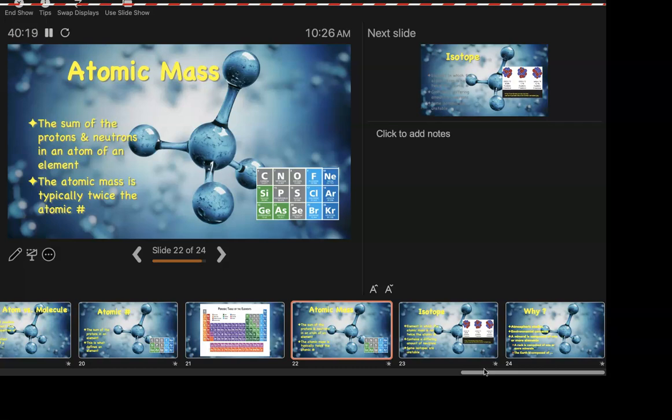So let's go back to carbon. Carbon had an atomic number of 6, and it turns out it has a mass of 12. Yes, there's a decimal. We're going to ignore that. Nitrogen, atomic number 7, mass of 14. This is because, and again, Sesame Street rules, protons and neutrons like to be together. And they like to have balance, okay? So you tend to get just as many neutrons as you have protons. So if you have 7 protons, you're going to more than likely have 7 neutrons, thereby doubling your mass.